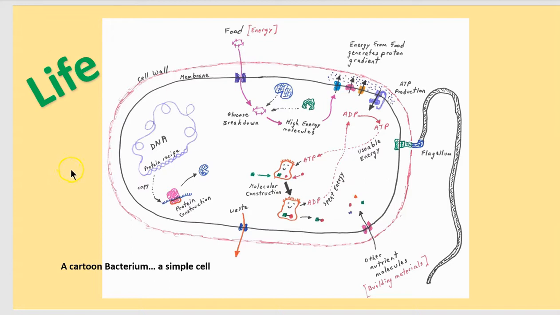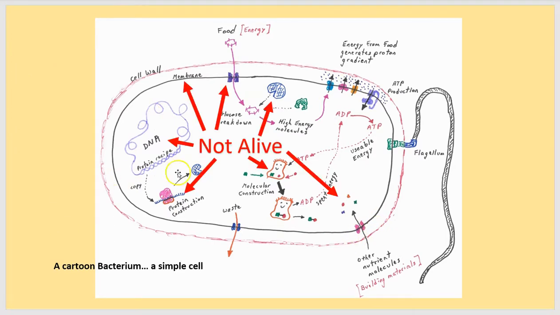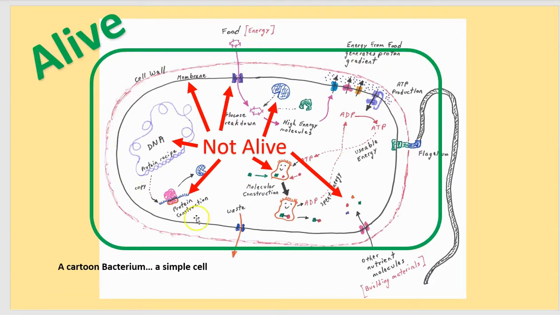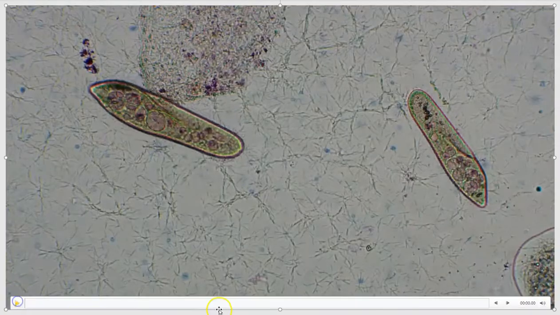So this is life on Earth. And this is the simplest life form on Earth, the simplest kind of cell, like a bacterium. We should note that none of the parts that you see in this cartoon diagram, none of them are alive. But it's when all of these parts are working together, the whole entity has the properties characteristic of life. So in other words, a living thing is composed of non-living parts. So when we watch a bacterium,